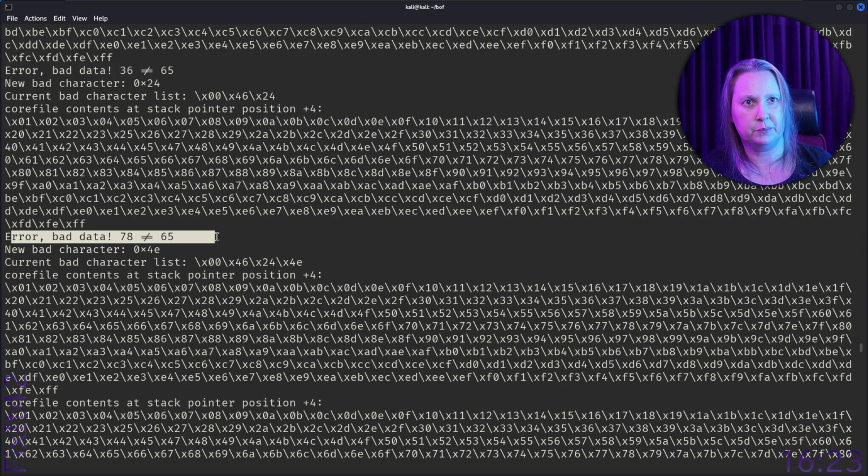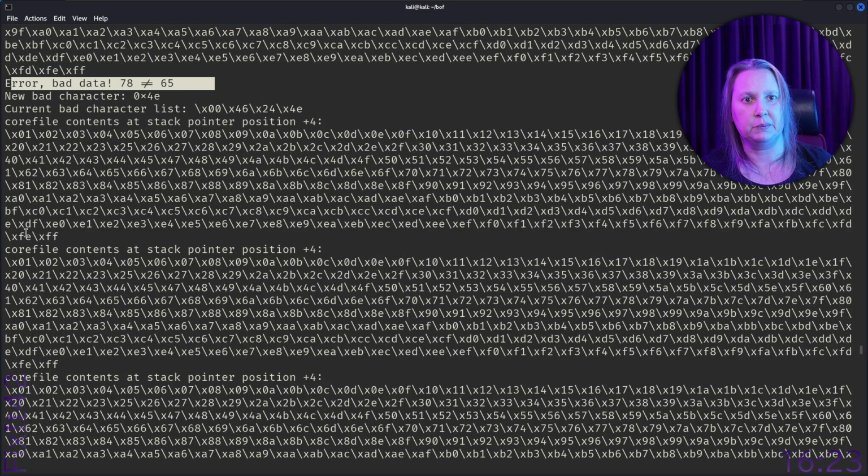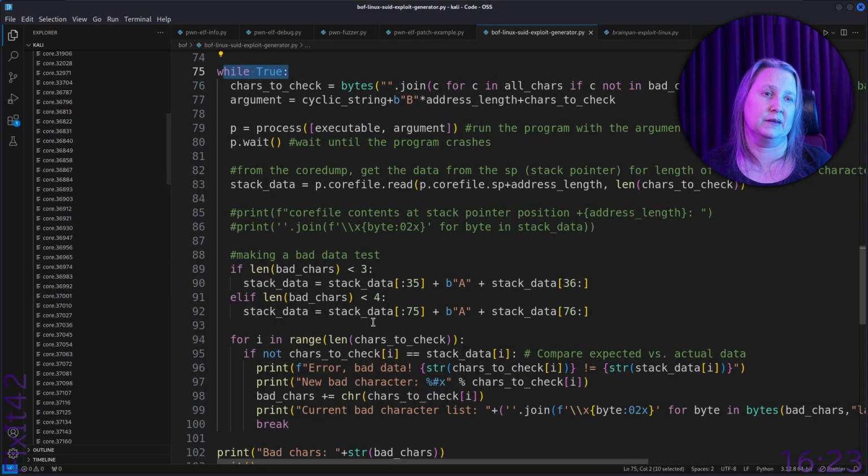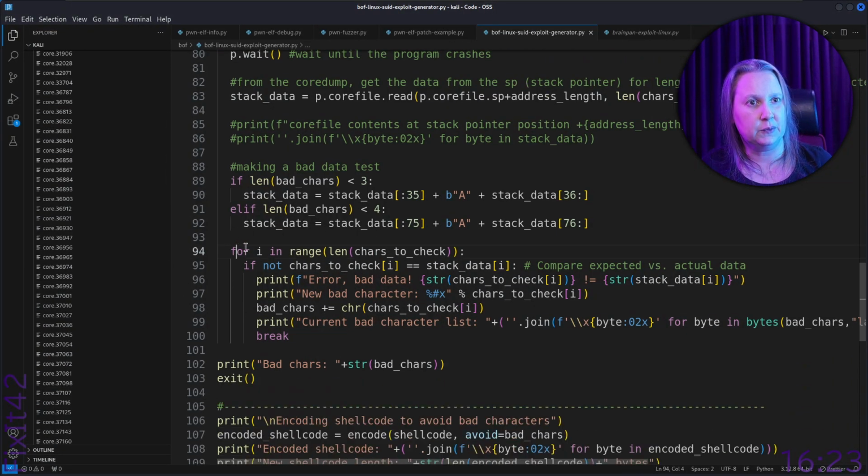It found our other bit of bad data. And then it just keeps going, and it's not finding anything more bad, right? And at this point, when it's found the second bad data, we don't know yet that it's finished. But here, when we loop through this, if we reach the end,